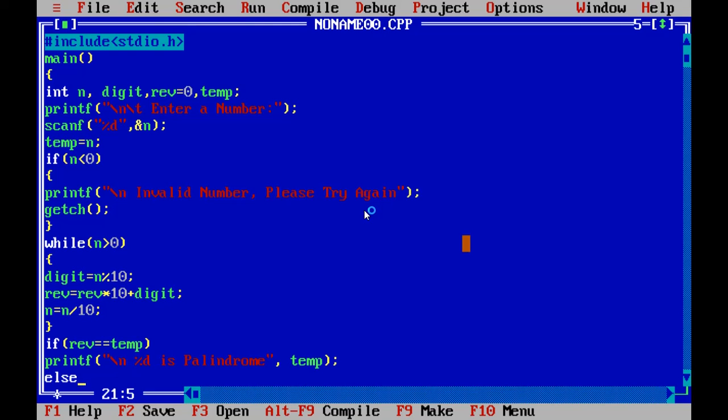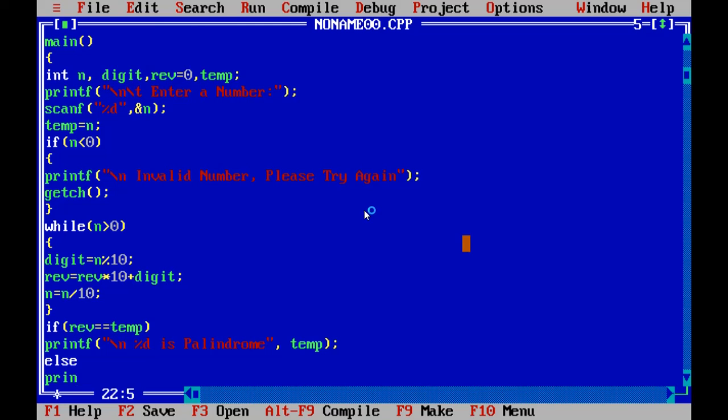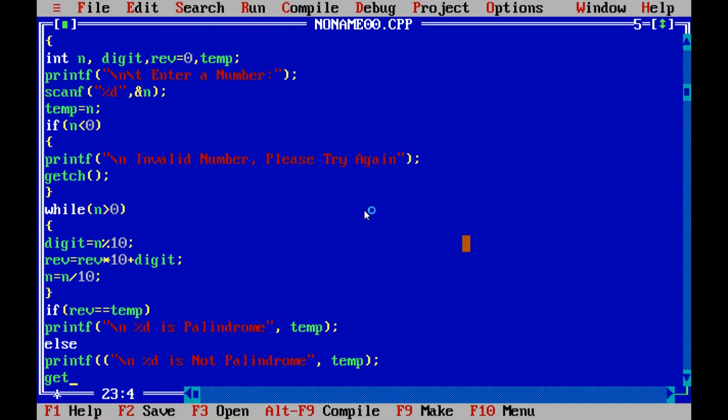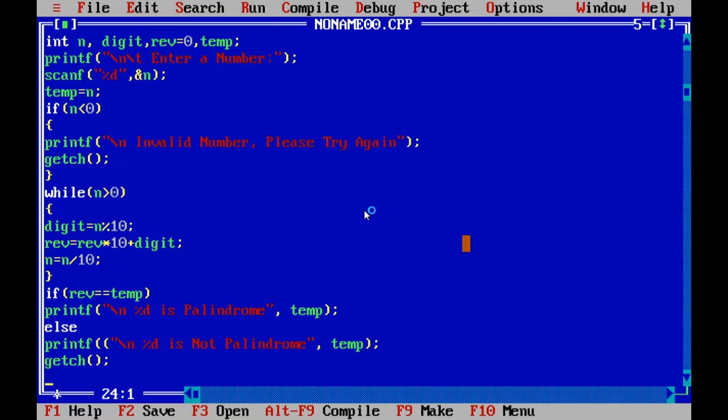If it is not, then we will print the temp is not a palindrome. Then getch. This is the program. We will save the program.